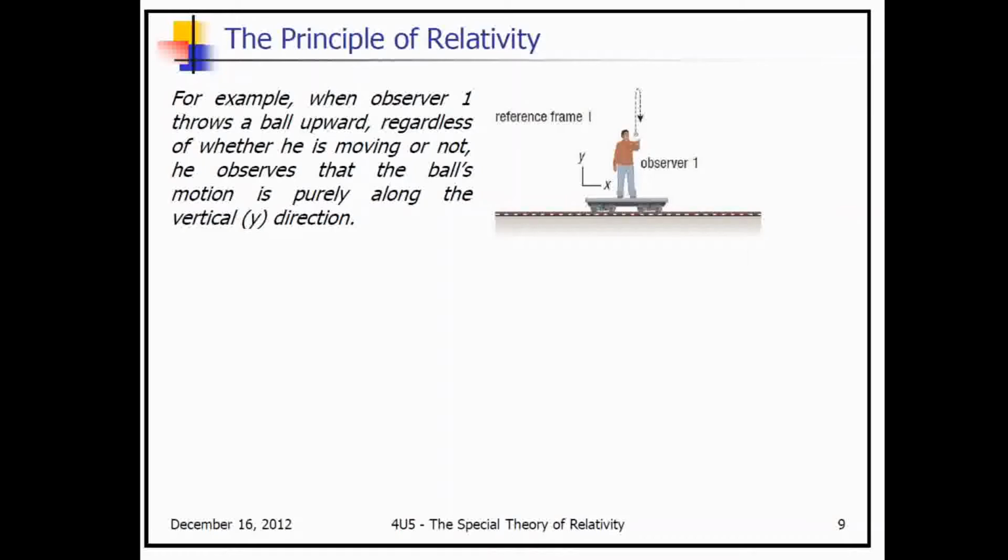This happens when you're in a car and you flip a coin. If you flip a coin and you're traveling at a constant velocity, the coin will fall up and down at the same location where you flipped the coin. But if the car, while the coin is in the air, slows down or speeds up, the coin will move. It will move backward if you speed up, and it will move forward if you slow down, because the change means the frame of reference is no longer inertial.